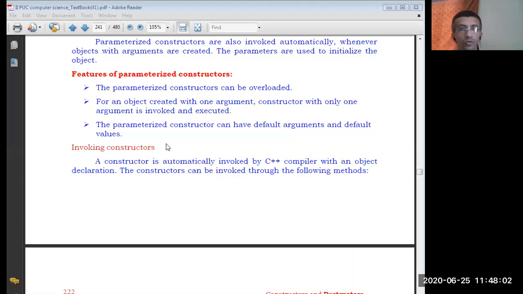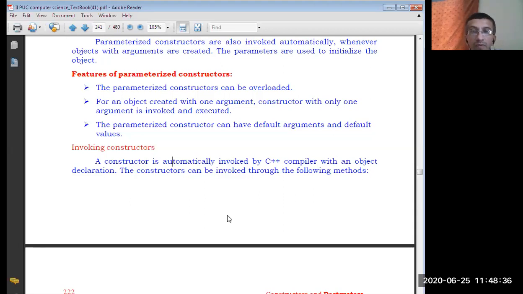Now see. So parameterized constructors are helpful in this situation. So it is possible to pass arguments. Now, invoking constructors we shall see. When we have a parameterized constructor in a class, there are different methods of invoking. Invoking means calling the constructors. There is a difference in the way we write it. That's all. So in invoking the constructors, a constructor is automatically invoked by the compiler. We know it. Automatically called when an object is created.